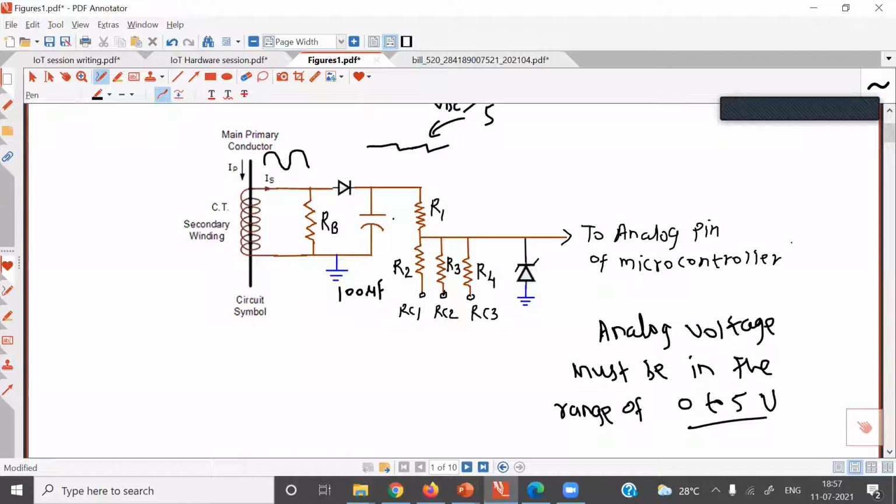So what I have done here is, I have used 4 resistors. First resistor is R1. This R1 resistor is connected in between output of the rectifier and analog pin of the microcontroller. And from analog pin of the microcontroller to other port pins of the microcontroller, I use 3 resistors, R2, R3, R4. And this resistor may have different value. Let me take some random values of this resistor. For example, this first resistor is 1K. This resistor is, for example, 2K. R4 is, for example, 3.3K.